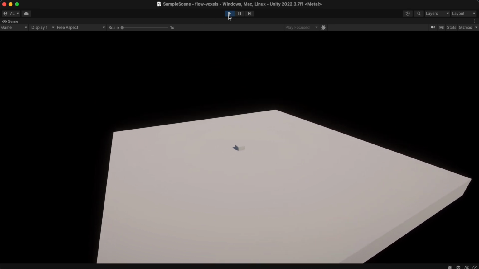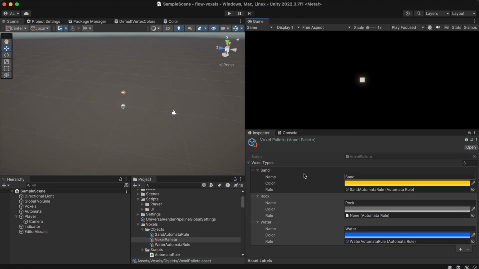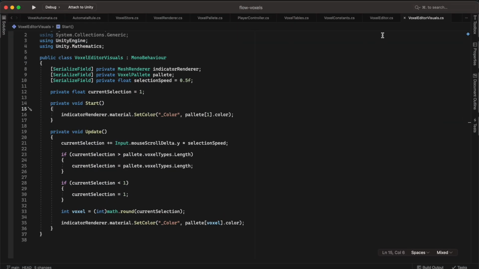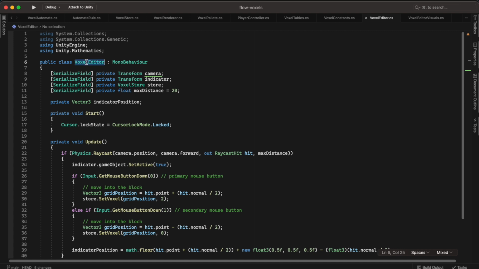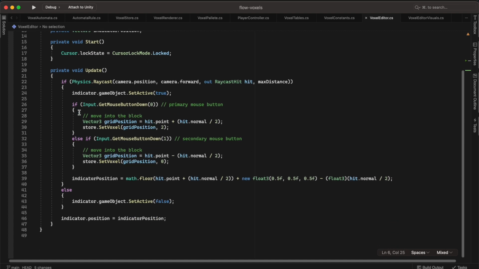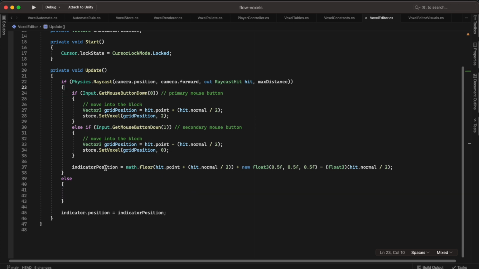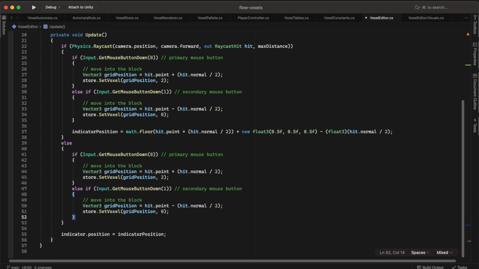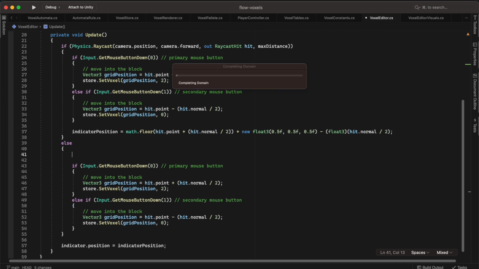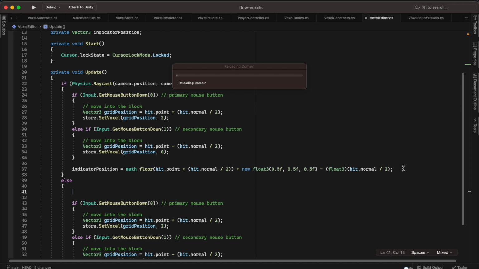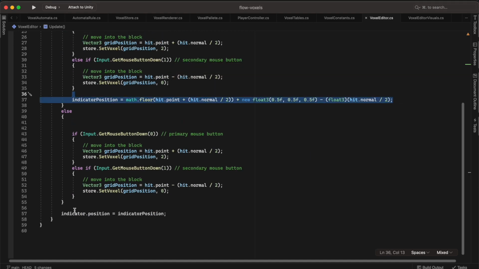All right. Now, since we have this awesome feature, I want to go back into our voxel editor. Now that I've renamed it to voxel editor, it was called voxel target. And we want to be able to add a block in empty space, right? So no longer are we going to set active false and true. And what I'm going to do is I'm going to say if mouse get button down here, then we're also going to say the indicator's position is going to equal